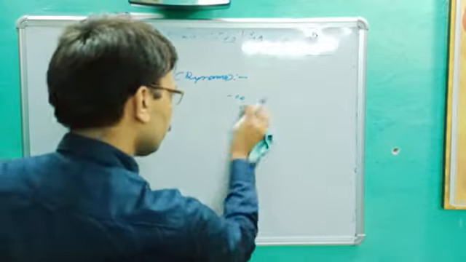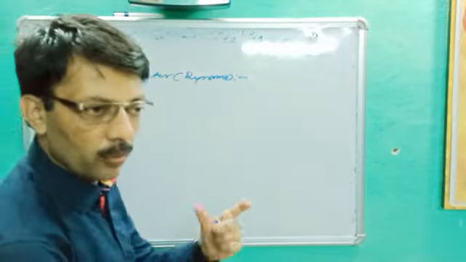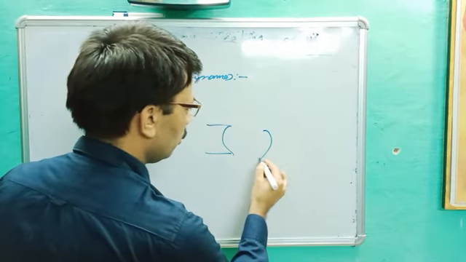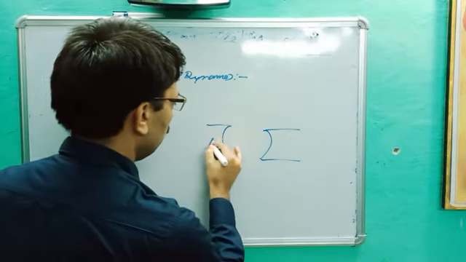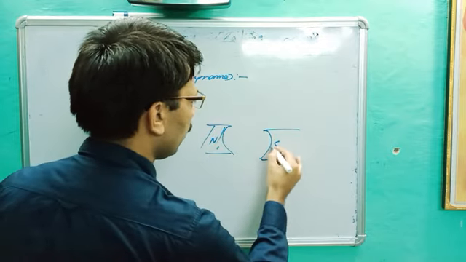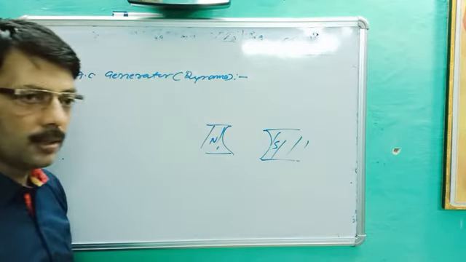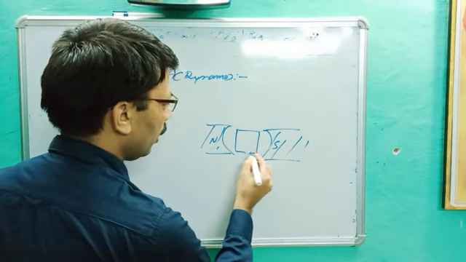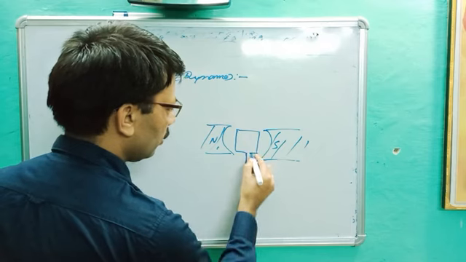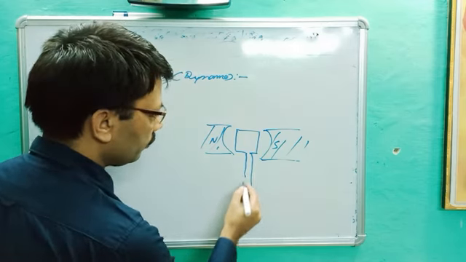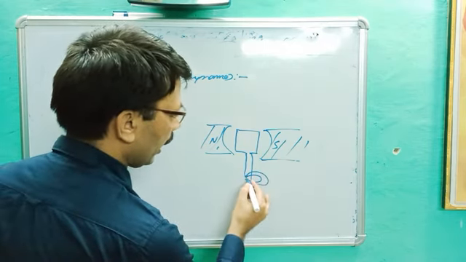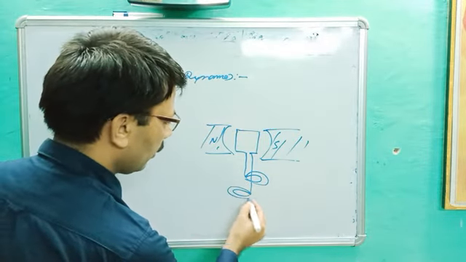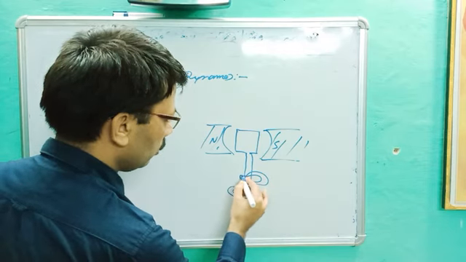Next, construction. As with a motor, we will construct it. You better know, already taught. This is a horseshoe magnet, north and south. Between the magnet, we will put a number of coils, and these coils, you better know, are called armature. And in a motor we applied the split ring. Here we apply the slip ring, like this. These are the brushes.